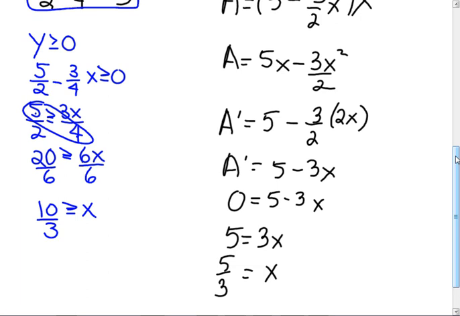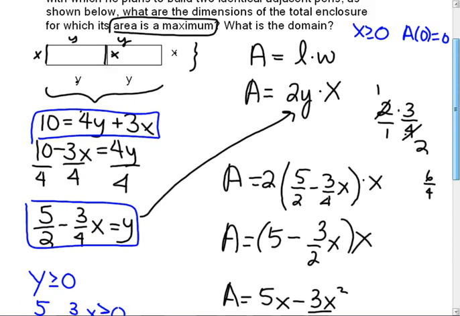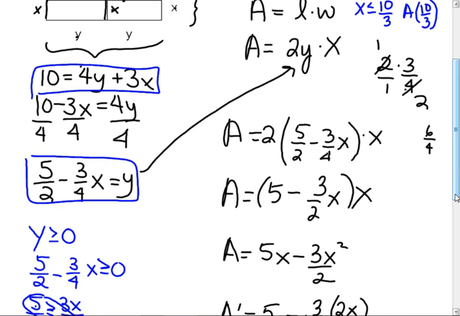You could just, you know, it can't be bigger than that. And so then x is less than or equal to 10/3. And I'm going to do A of 10/3. Anybody have a guess as to what it's going to be? It's going to be 0. If I put in 10/3 right here,